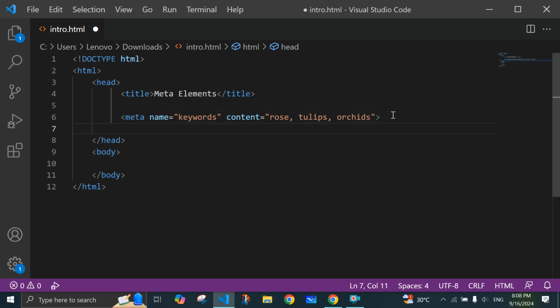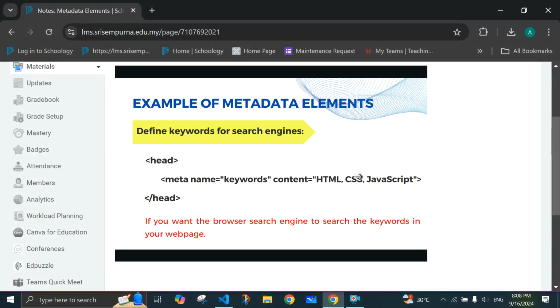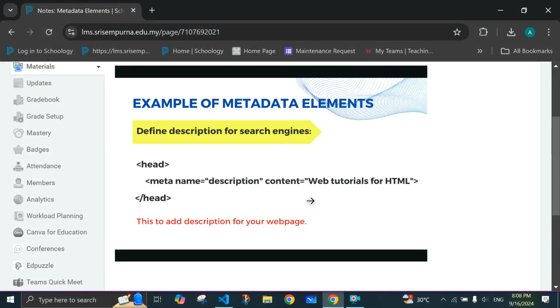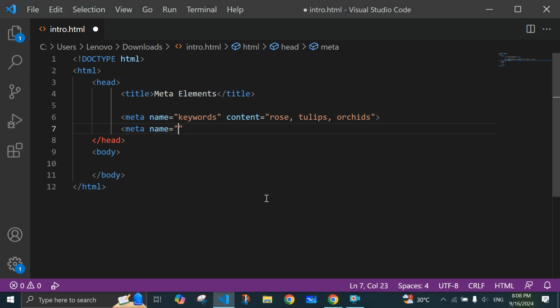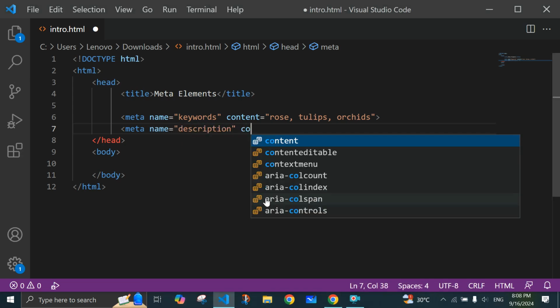In an HTML file, you can have more than one meta. If you want to put the next meta, you can press enter, then you put meta name. The next one we're going to go into is description. So what is description? Basically, it adds a description for your web page. You want to add a short description for your web page, so you put description, content